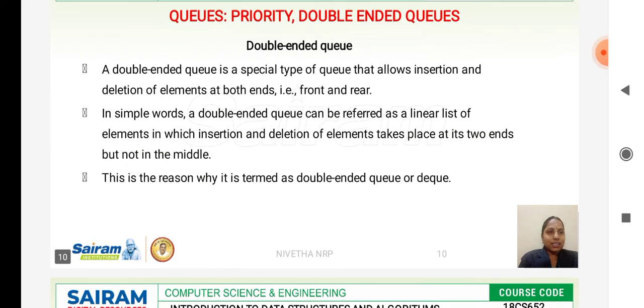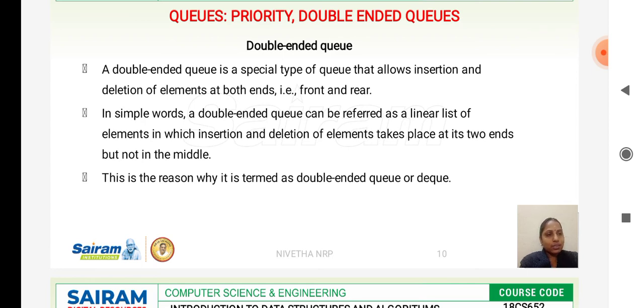And we'll see the next concept, double-ended queue. See, double-ended queue is nothing but, normally in a queue we perform insertion at one end and deletion at the other end. That is, insertion is performed at the rear end and deletion is performed at the front end. Whereas in double-ended queue, you can perform insertion and deletion at both ends.